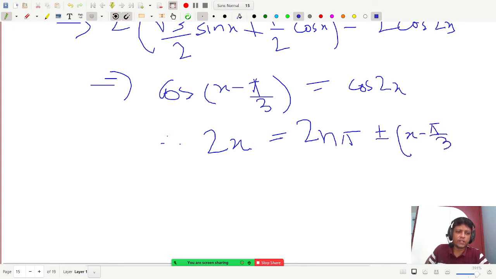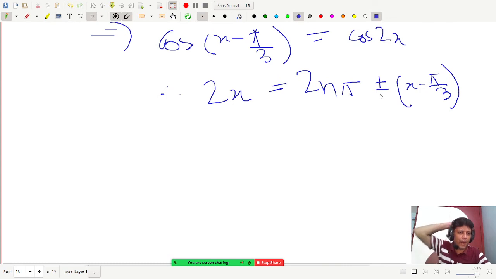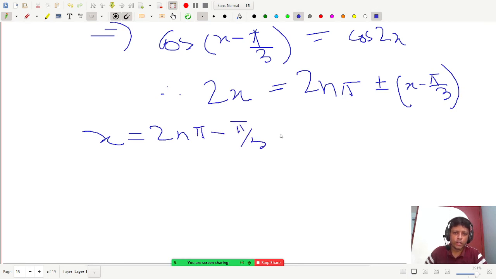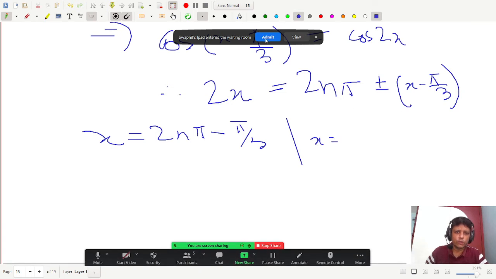That's it. That is the solution. If you take the plus, you have a solution. If you take the minus sign, you have another solution. So you have a set of general values. Now let me substitute. If you apply the plus sign, you have 2nπ minus π/3. That's the solution. And if you apply the negative sign, you have x equal to